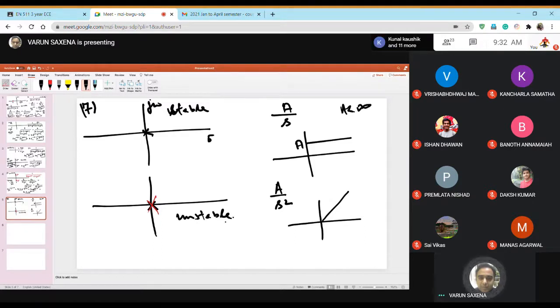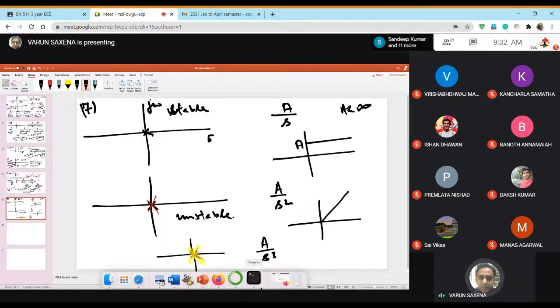Right? And then if you have three poles at the origin, if you had this one, then you have another one, and let's say that you have another one. So if you have three poles at the origin, then you get a term like A over s cube. So then this is going to be like a parabolic thing. So this is going to go something like this.